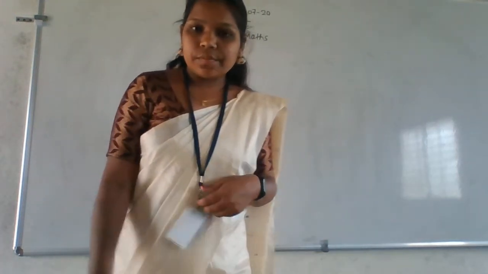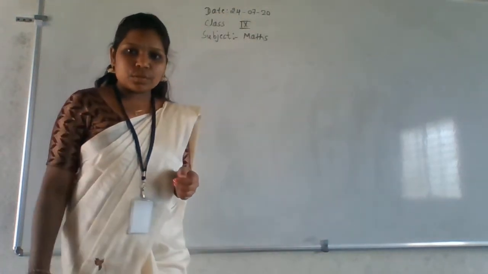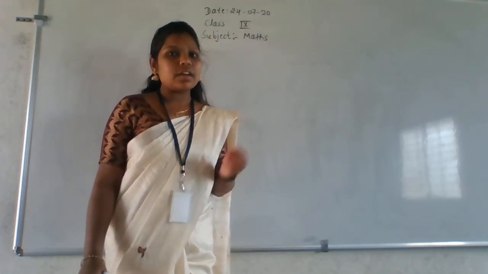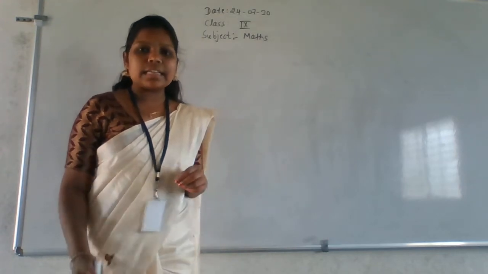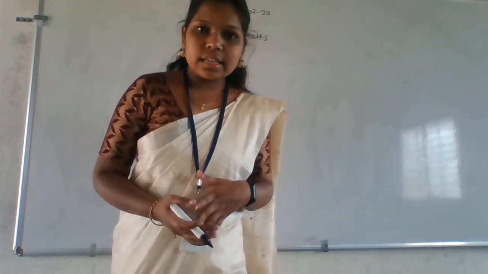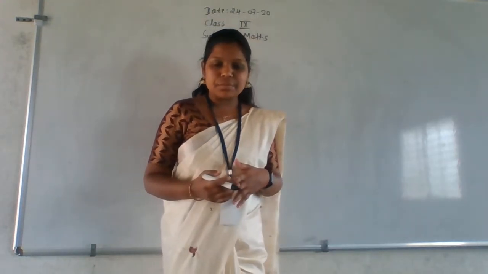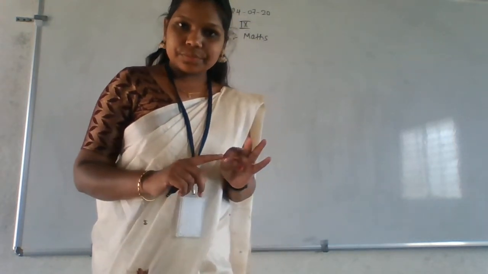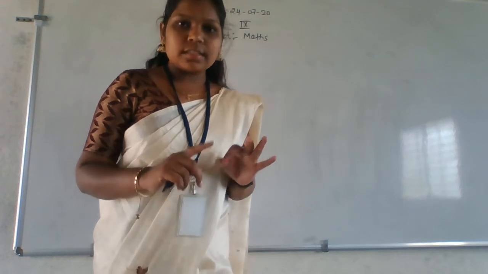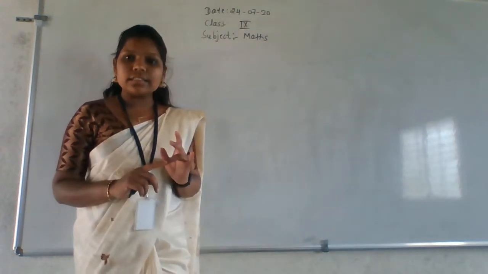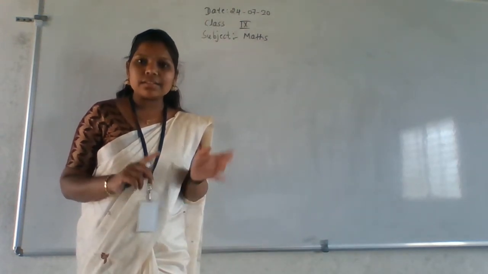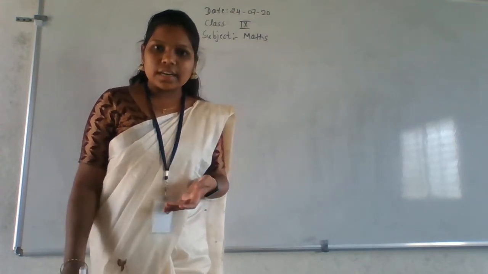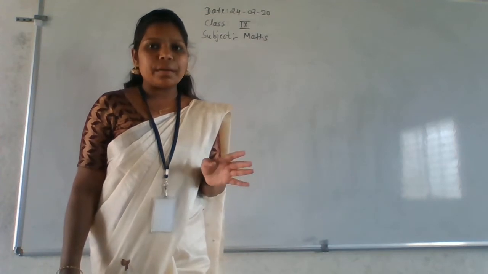Hello children, today we'll discuss how to find the rational numbers between two given numbers. In the last class, we studied all the types of numbers: natural numbers, whole numbers, integers, real numbers, rational numbers as well as irrational numbers. And the last one we studied was complex numbers.